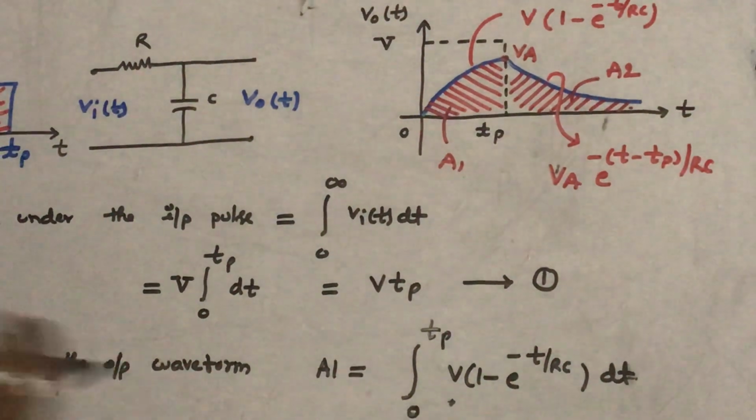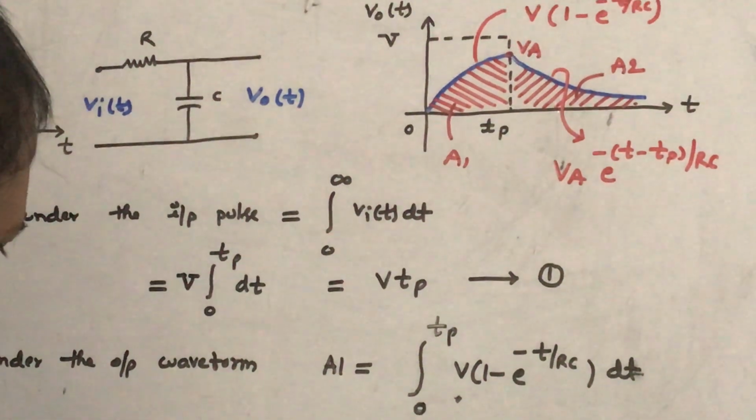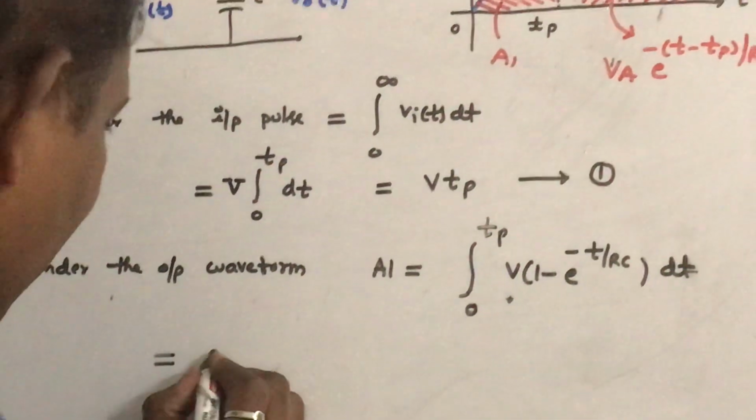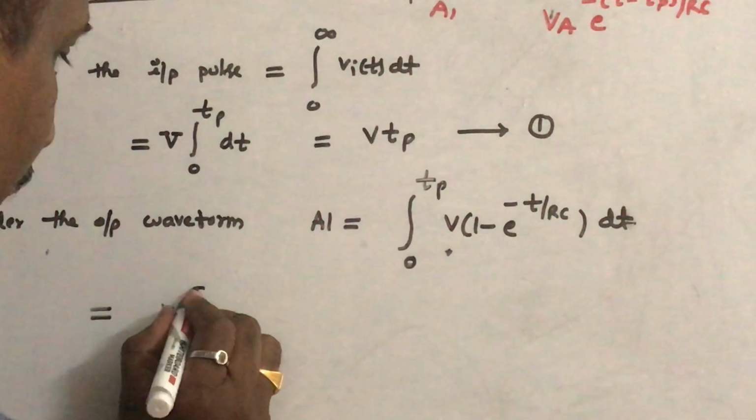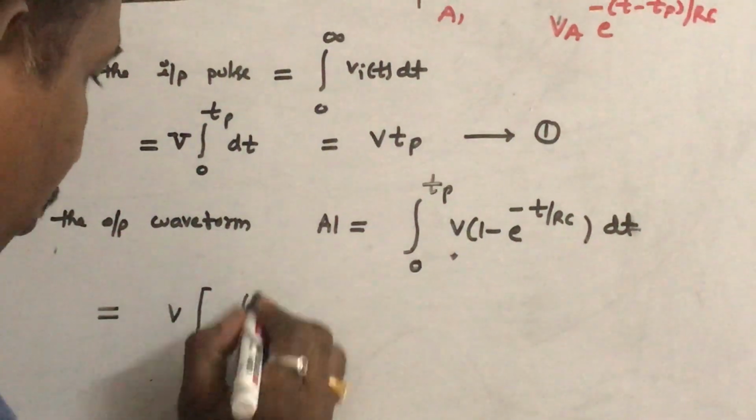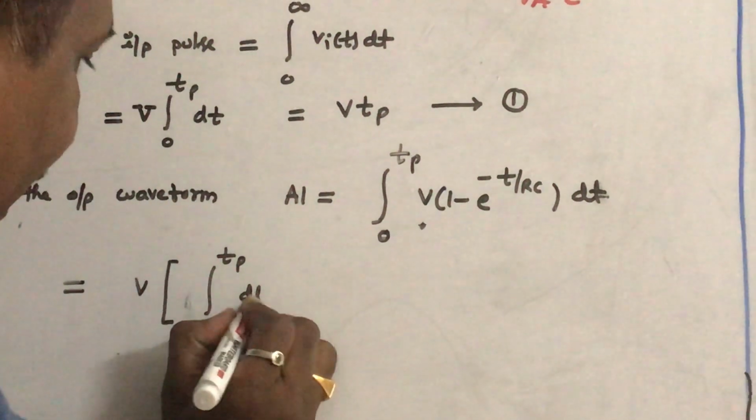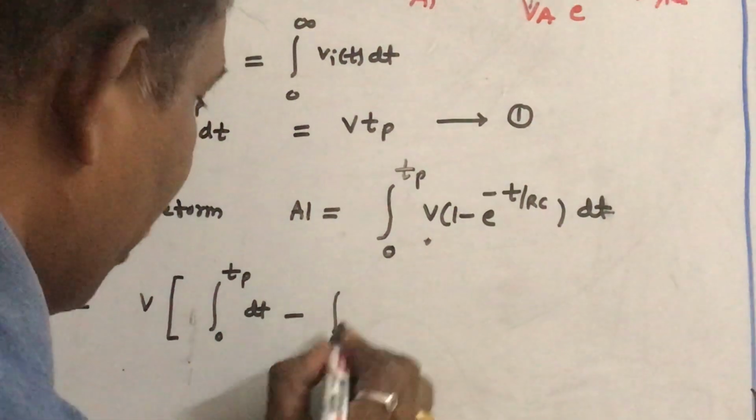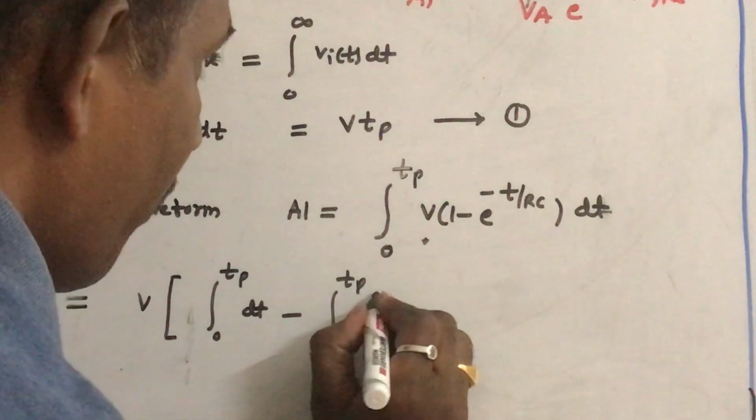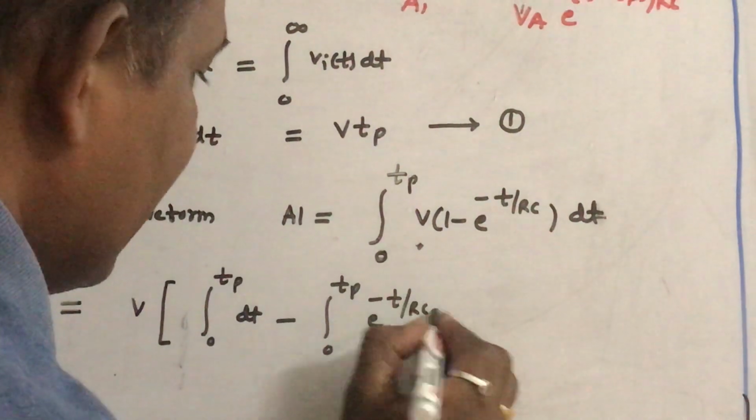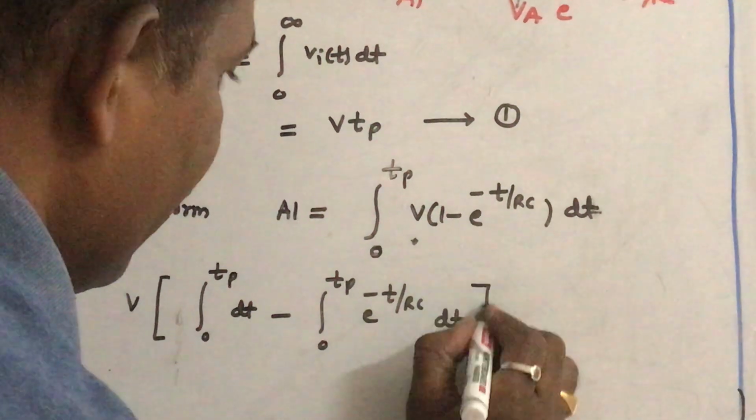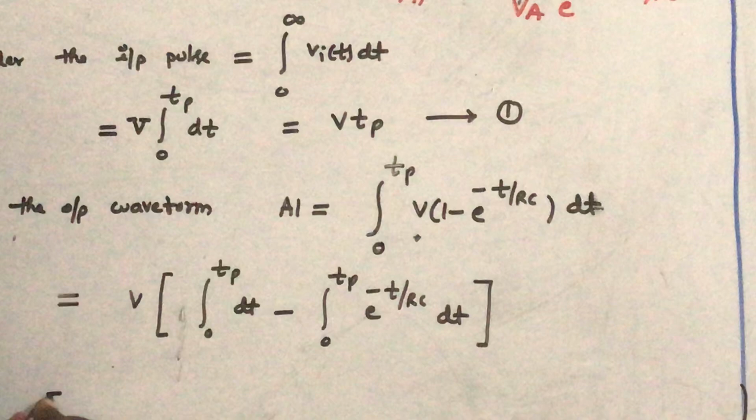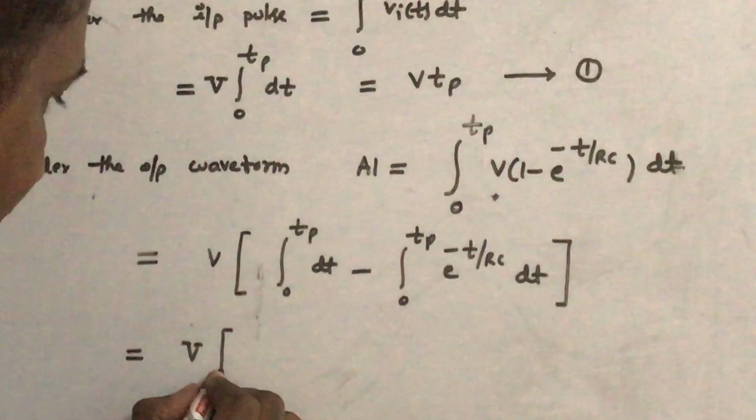So this is the area under A1. Simple mathematical knowledge: if you separate these integrals, integral 0 to Tp dt minus integral 0 to Tp e power minus t by RC dt. We further simplify this. So V into the first integration is Tp